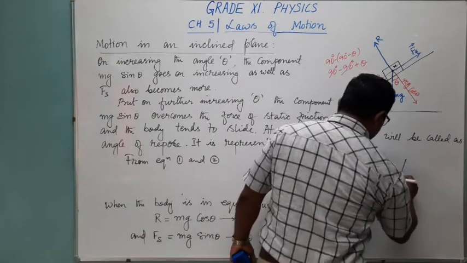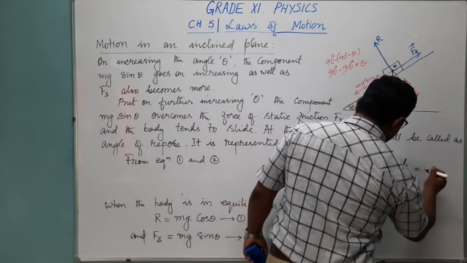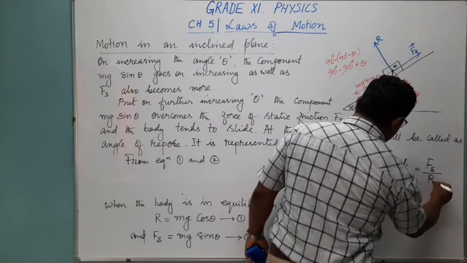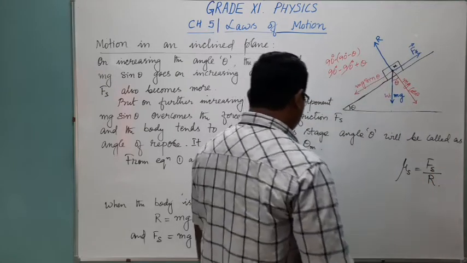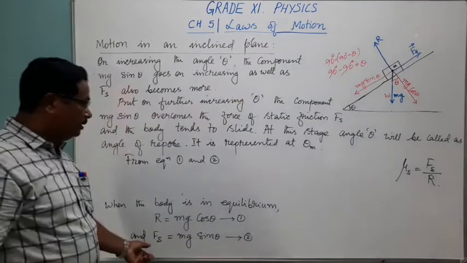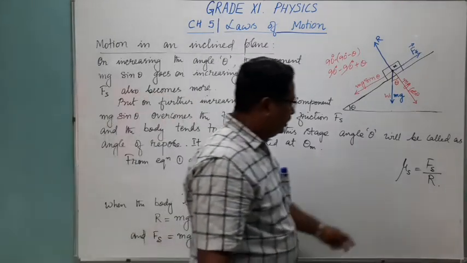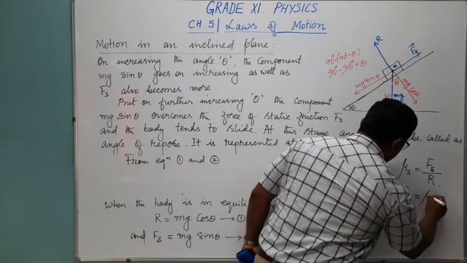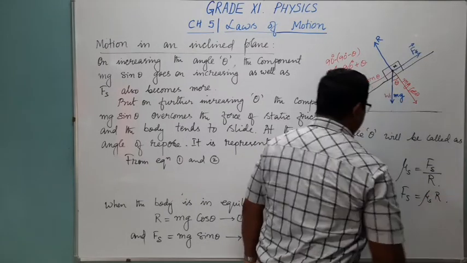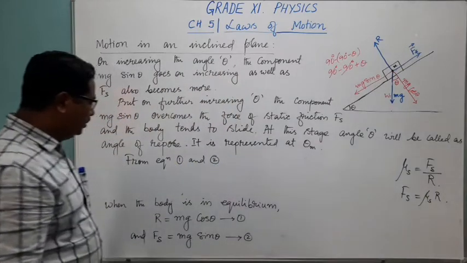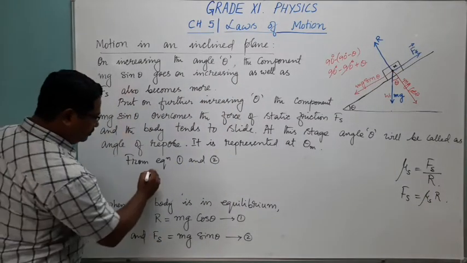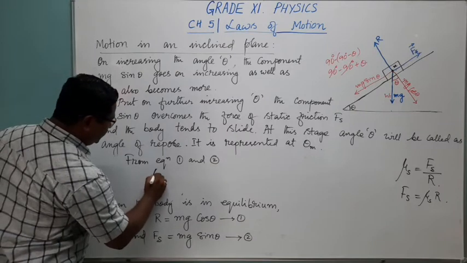Coefficient of static friction is equal to force of static friction divided by normal reaction R. So here your Fs, you can write it as the product of mu s into R, the coefficient of static friction into normal reaction. So this Fs I am writing first, that is mu s into